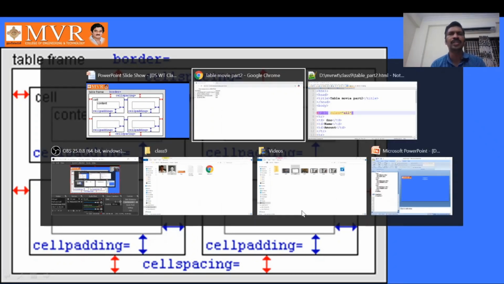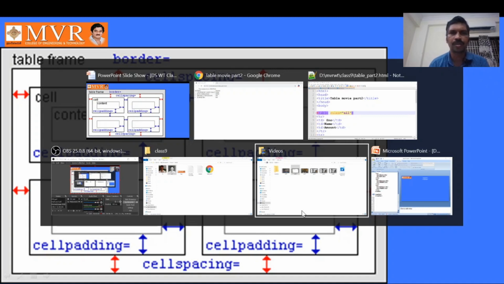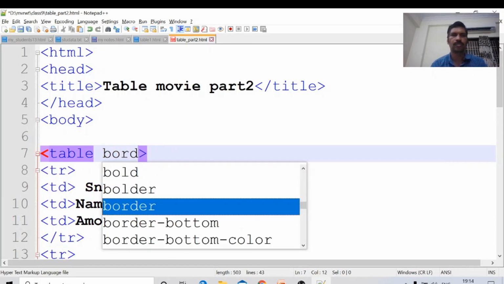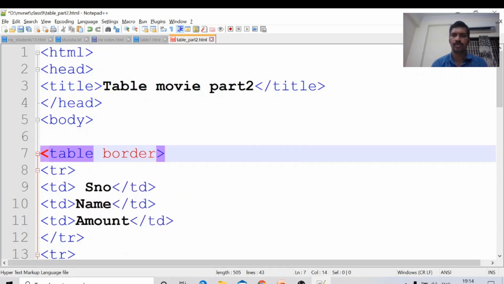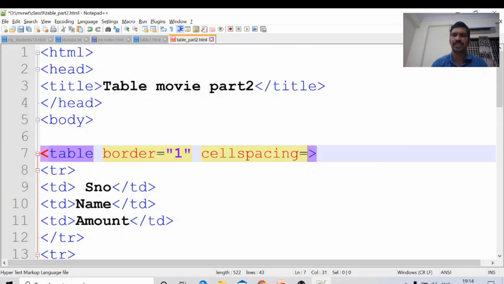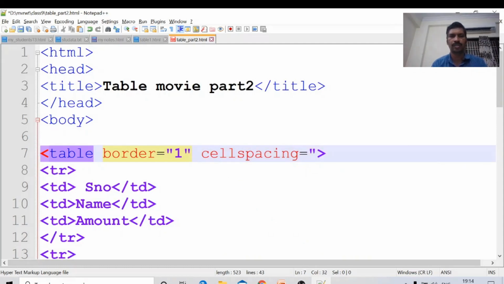Okay, we will see in this HTML table how cell spacing works. Here I will write border equal to 1, cellspacing equal to 5.